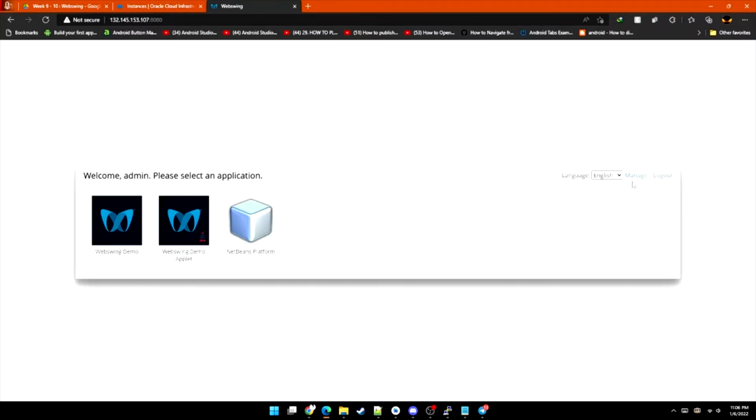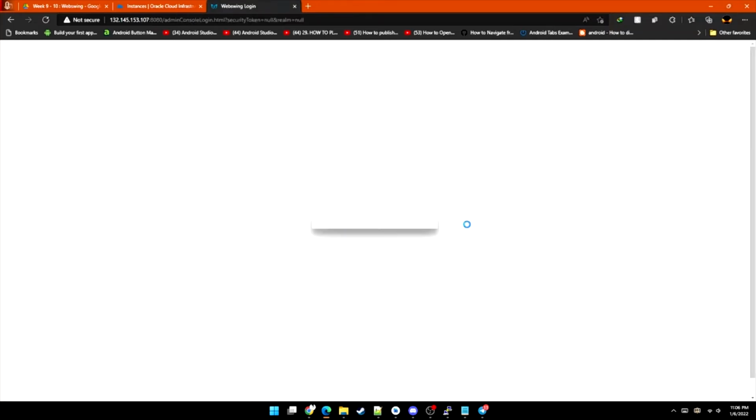And when we are in the Webswing, we will go to manage. Webswing needs to be logged in. I already logged in, so it automatically instantly brings me to the menu. So when we go to manage, we will access the admin. It takes some time to load. So in here,